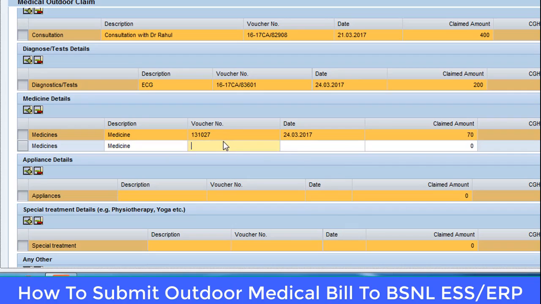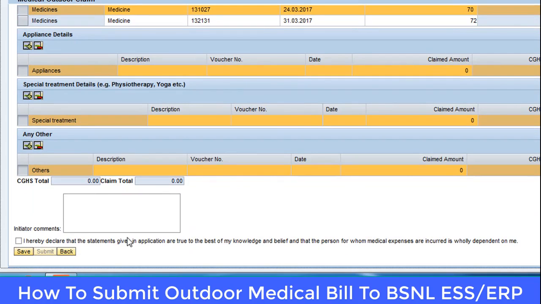And the voucher number I will enter here, so 132 and 131. Similarly the date I will enter here, it is 31.03.2017. And the claimed amount here was 72 rupees only, so it is 72, and now I will save it.